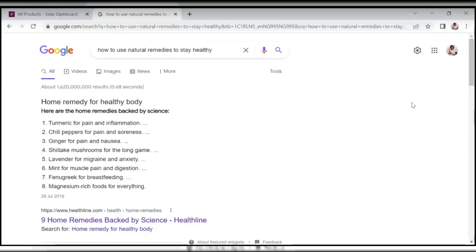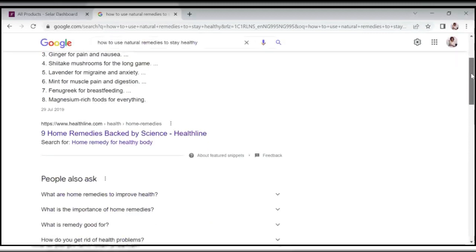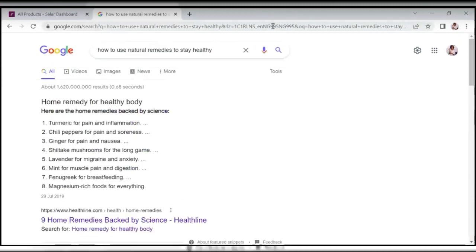For someone like Modupe, the keyword of her business is natural remedies, staying healthy. Put those keywords into Google. Let Google supply you with what already exists, with the people that are already providing the information. Okay, now I already did research on Adebukola's business, and so I want to switch to that right now. I'm going to open a new tab.